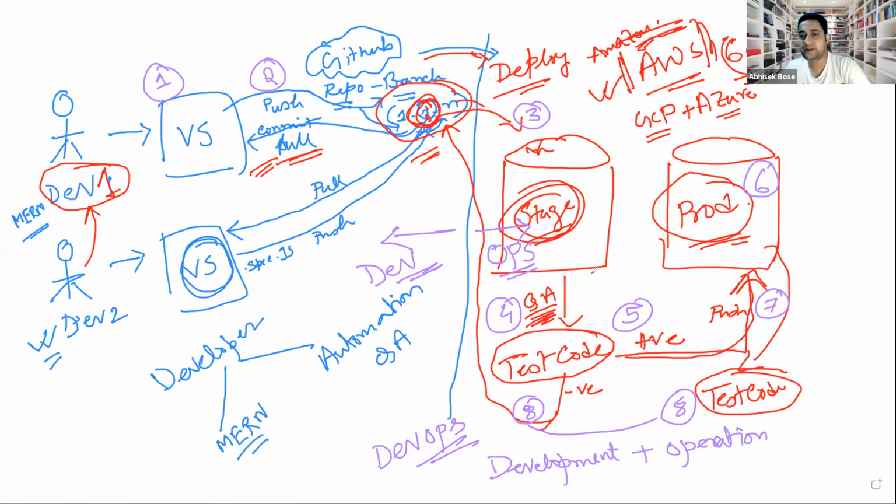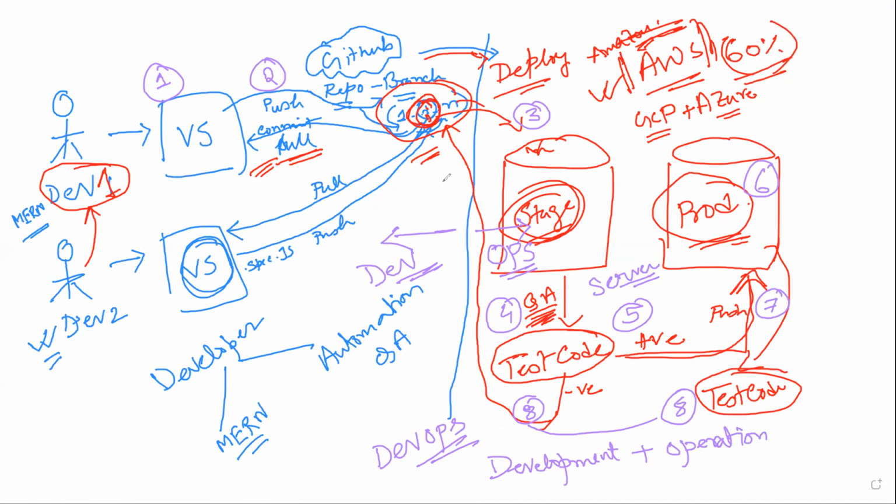Because whatever the server part is here, that is called the operational part, because we need to operate, correct? Which operations are done in the server? Like you are creating the stage server, production server, you are deploying the code. In AWS, whatever the things you are doing, that is the operational part. Build one, like we build the code, then again test.